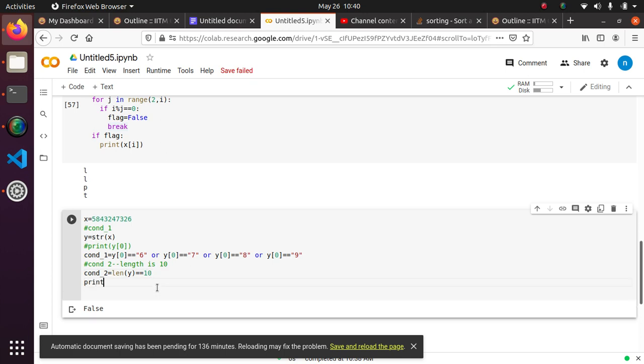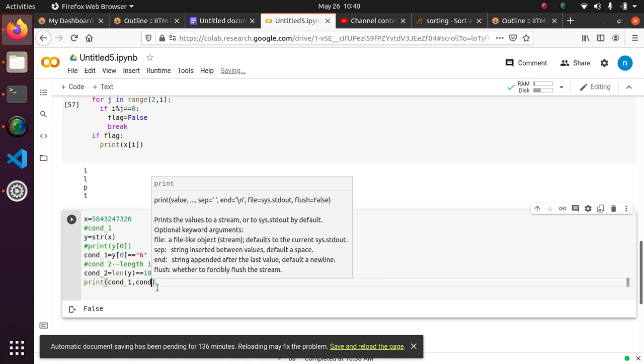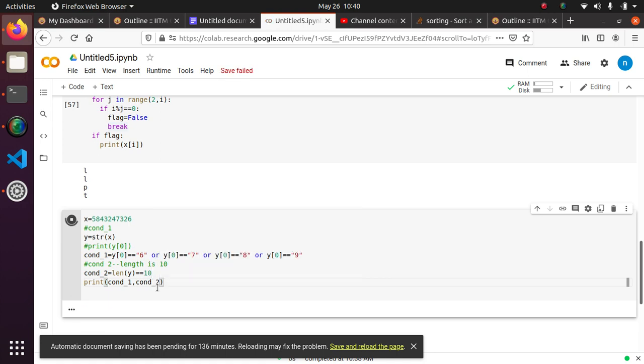Now let's try and print both the conditions: condition 1, condition 2. Let's see whether both work for this number. Very good. See, the number starts with 5, so the first condition fails and the second condition passes because it is of length 10.